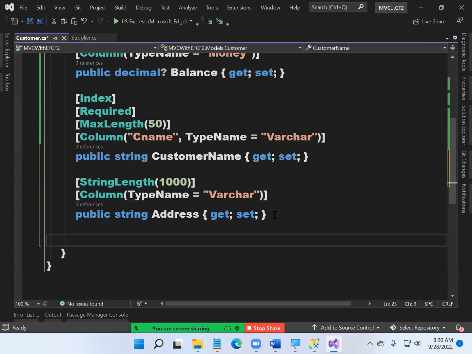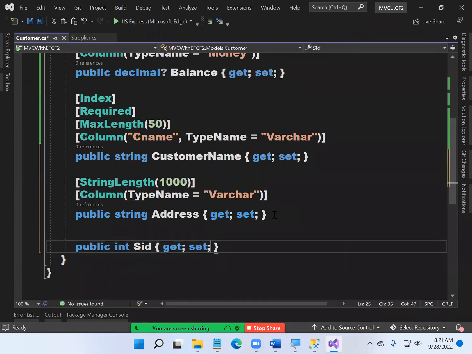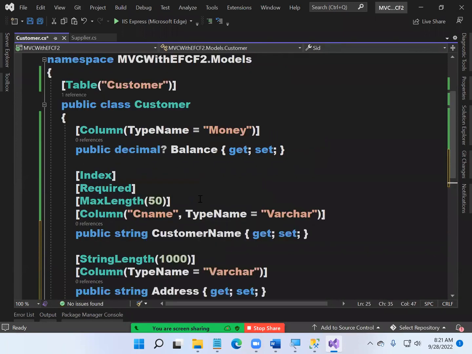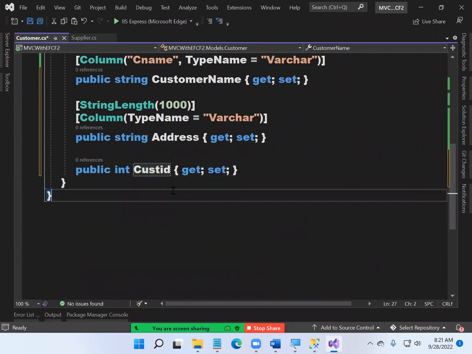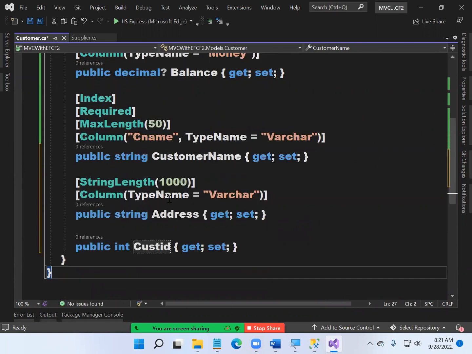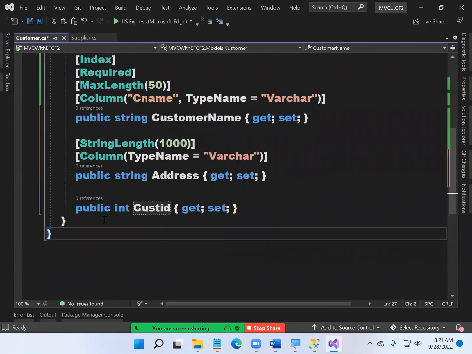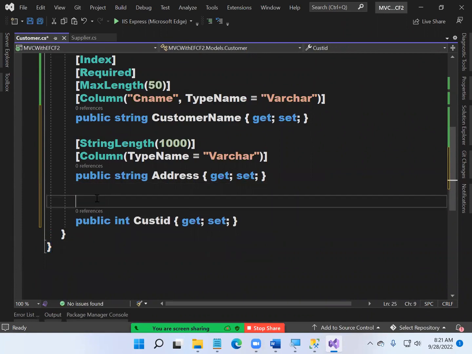Public int SID get set. Sorry, what is the customer ID? I'm sorry. Public int customer ID. And here also we are missing the default convention. It should be either ID or customer ID. But what did you give? Cust ID. So compulsory on the top you should write